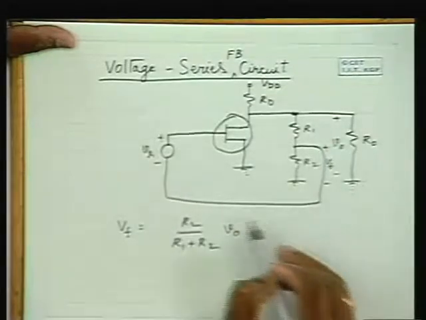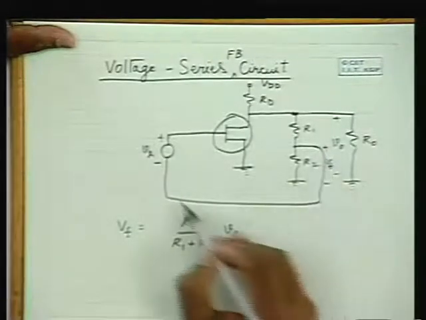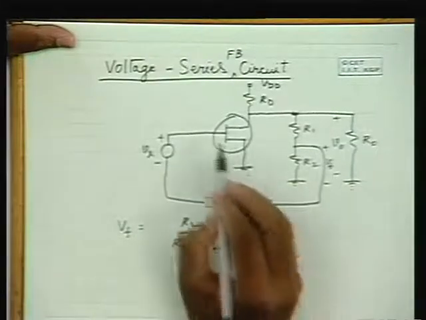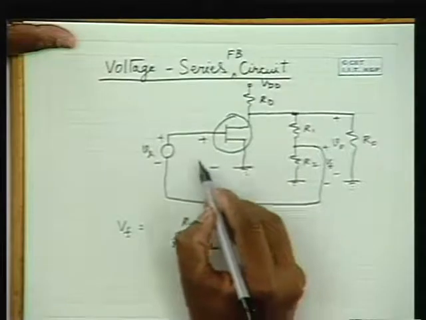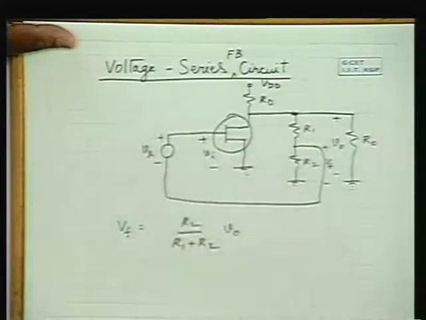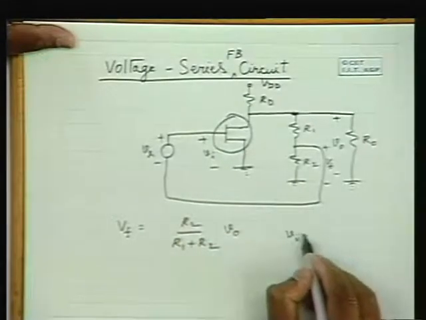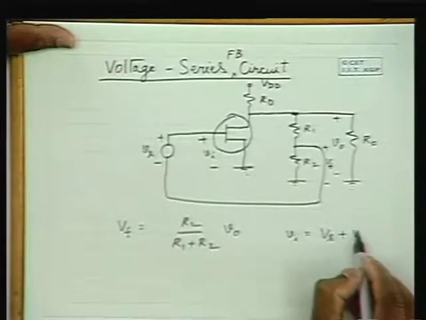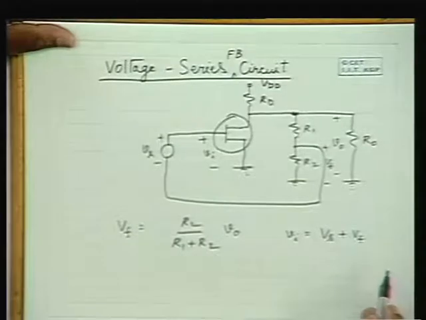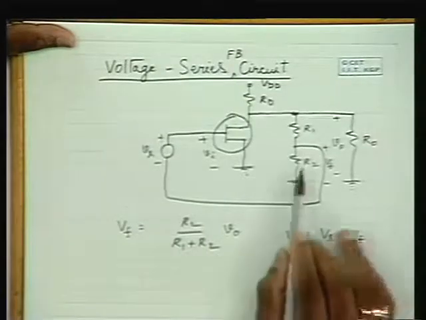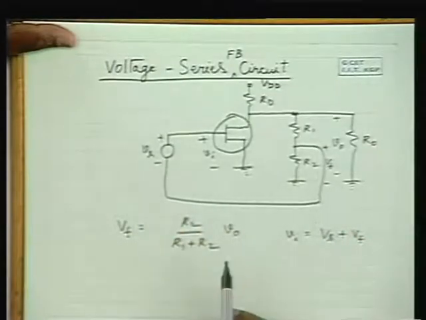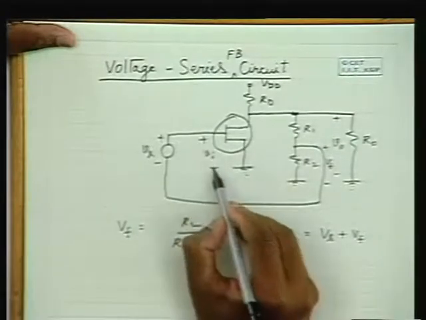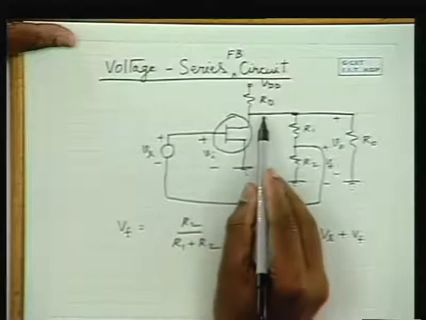It is added, the feedback voltage Vf is added to the input signal, therefore the Vi that is applied over here is Vi equal to Vs plus Vf. So it may appear to you that it is positive feedback, but please note that with Vi and the output